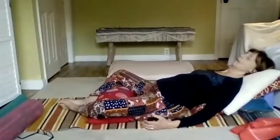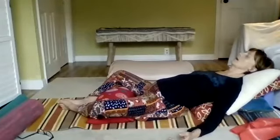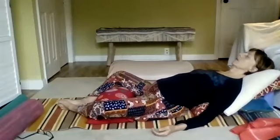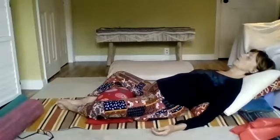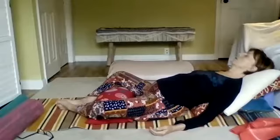And then you can open up your palms and take your arms out to the side. Or put your hands on your belly, whatever feels right for you. This is a heart opening pose, as well as a pose to open up the hips. Once you're in your Goldilocks position,